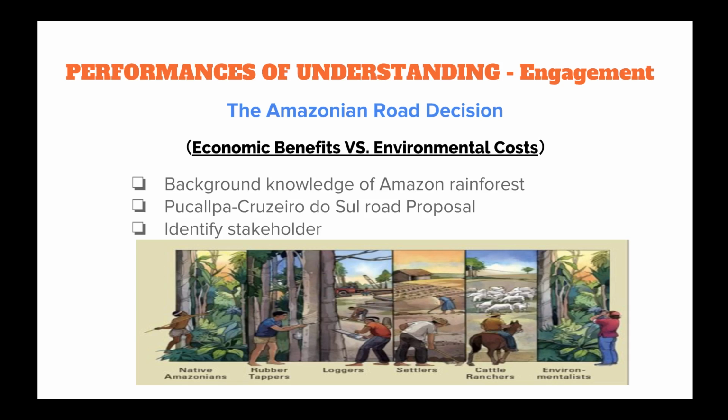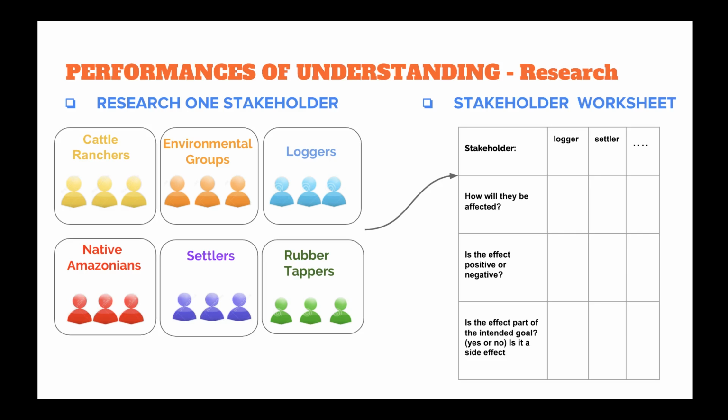However, road building may also lead to conflict and tension among communities that favor developing the rural economies of the Amazon basin and those who favor preserving its forested areas and the diversity of life. With the help of the teacher, students will identify 6 stakeholders who will be involved or affected in the road building project. After class, students are divided into 6 groups and assigned one stakeholder, finding out their needs for the rainforest and how they will be affected by building this road through research.